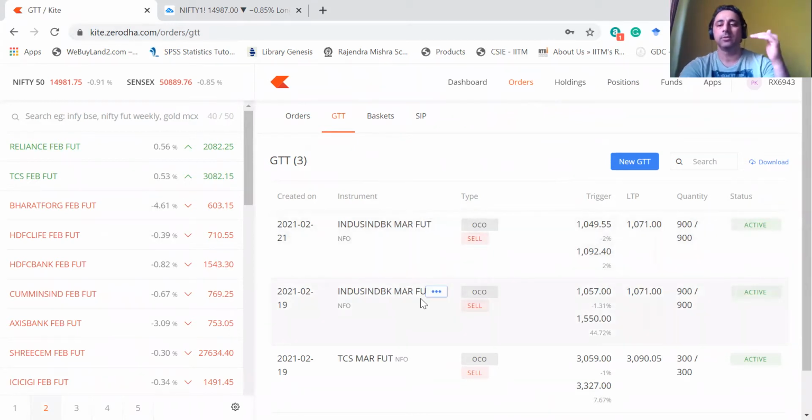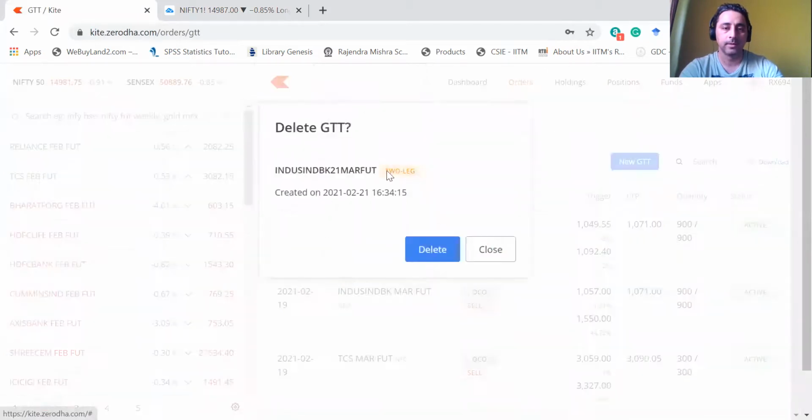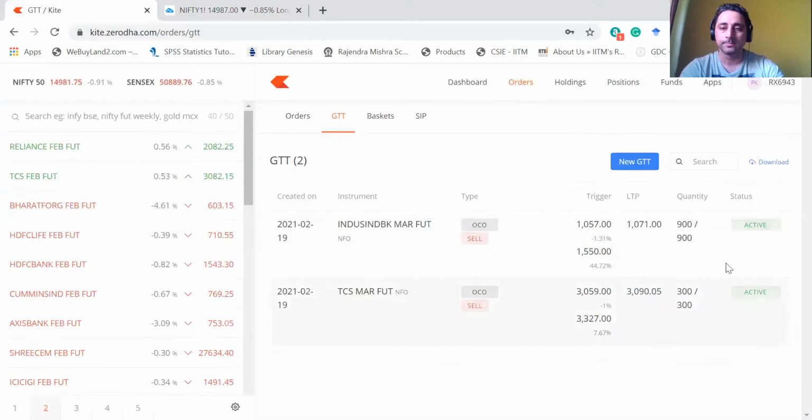The idea is that one stop loss order is for your trading, where you will keep changing it, and the second one is your safety valve. If there is a sudden fall in the asset, you don't lose all the money, because gap downs do happen. Gap ups also happen. Many times it has happened with me and my friends that a gap down happens and the order doesn't get triggered. So you should do that, especially if you're trading in futures. Even though I have not done what I suggest, nevertheless, let's get back to this.